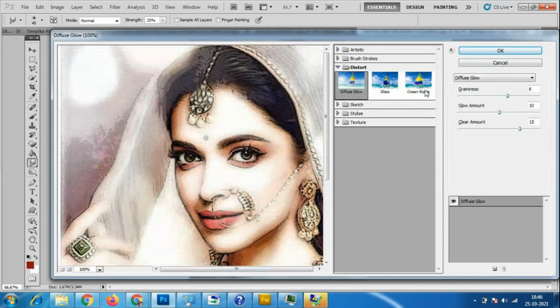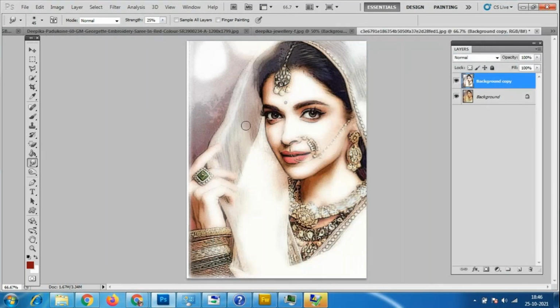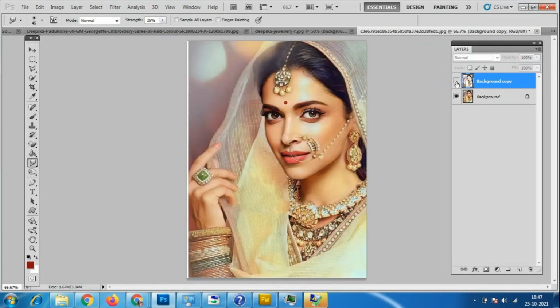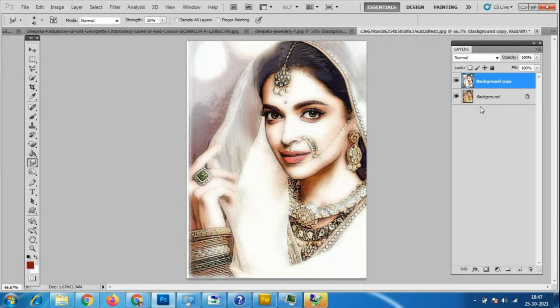Diffuse glow, even for this also we can use the smudge tool. Okay, so whichever effects you want, you can use those. Please try some of this kind of effects using the smudge tool and with the effects also. So 2, 3 things I am applying now. I have applied more things.